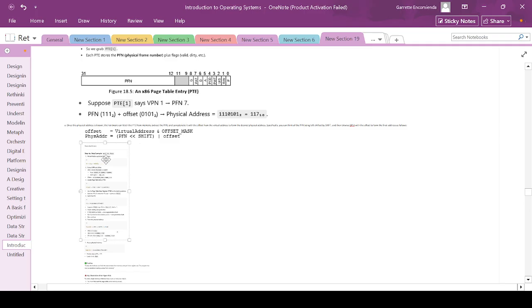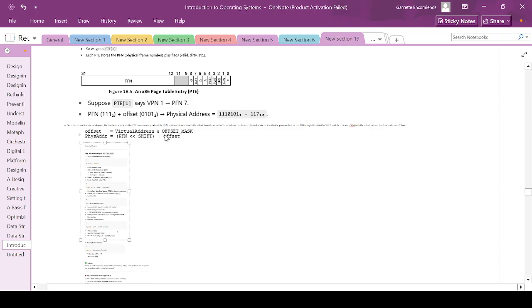So once this physical address is known, the hardware can fetch the PTE from memory. So we already know where it is physically. Now the hardware will fetch the PTE, or the page table entry, from memory and extract the PFN, the physical frame number, the actual data. Notice it starts with the table entry before you get the actual data from the physical frame number, and